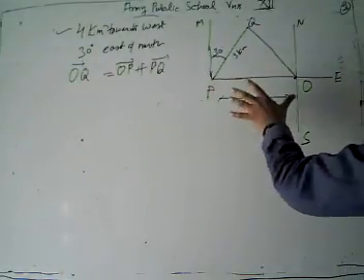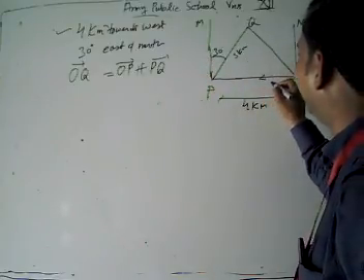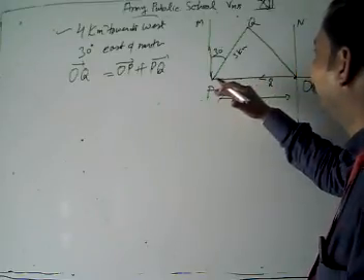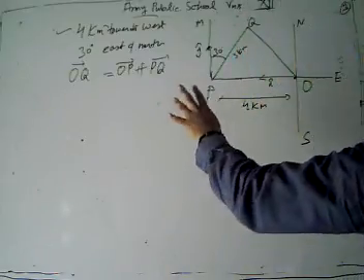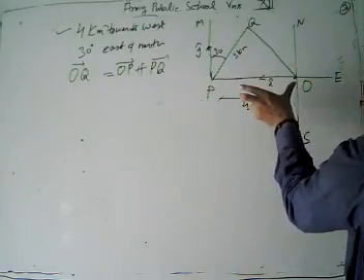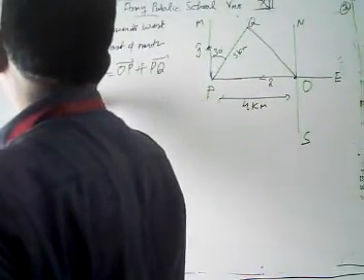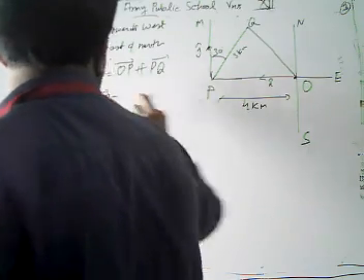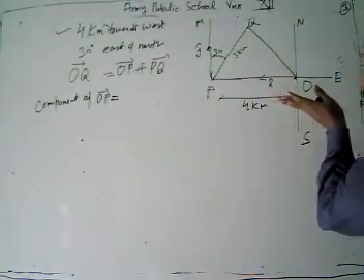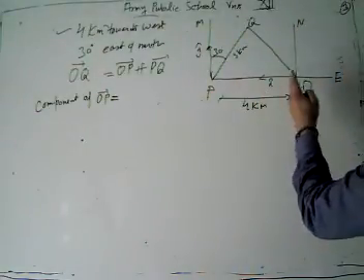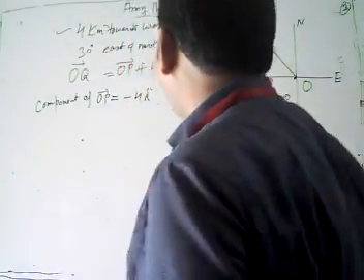Now look, we have to measure this OP. Suppose i cap is the basic unit when we travel in the OP direction, and in the direction of PM our basic unit is j cap. Now we have to calculate the values of OP and PQ. What is the component of OP? Vector OP is 4 units i cap, but it moves west from the origin, so the distance is negative. Then we have minus 4 i cap.